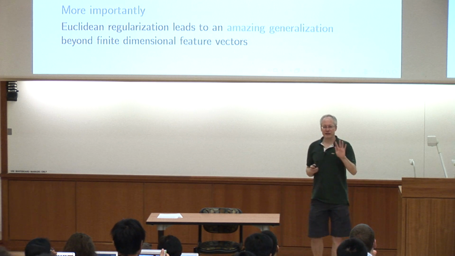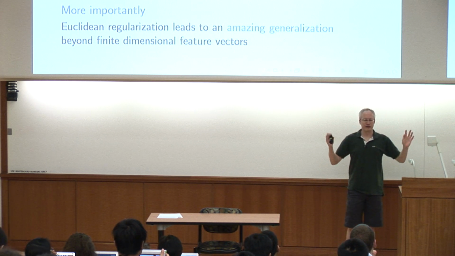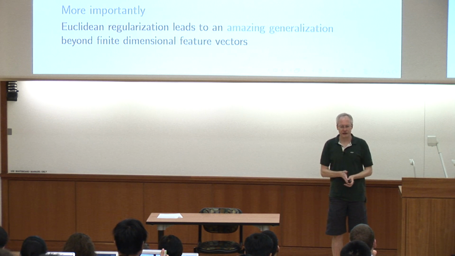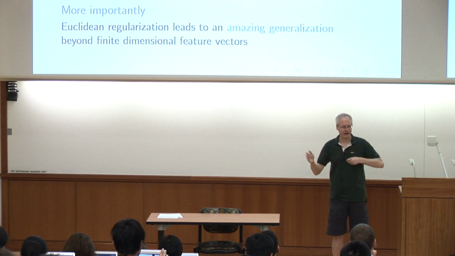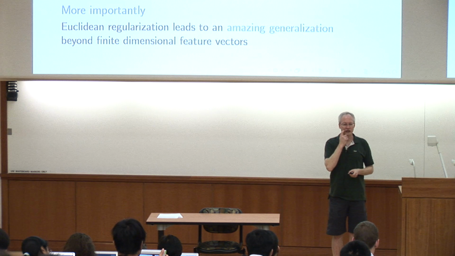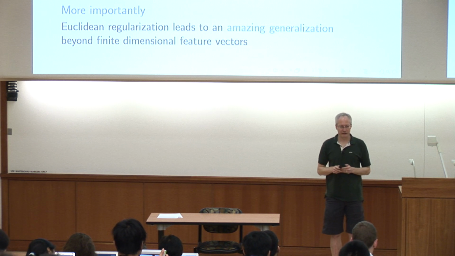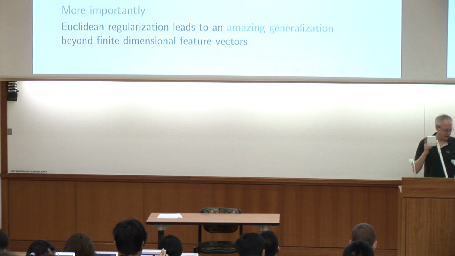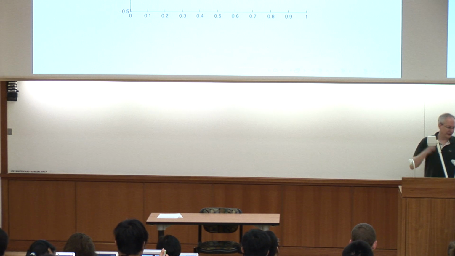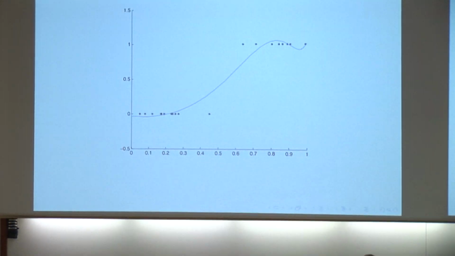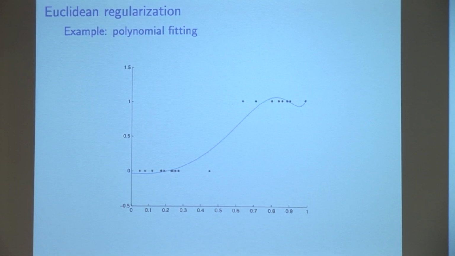Okay, so let me just take you through this. Now I think everyone's learned about kernels. 90% of you learned about them in the context of support vector machines, but it has nothing to do with support vector machines. When you think support vector machines, you're looking at this margin hinge loss thing. It has nothing to do with that. It's just that little Euclidean regularizer attached to it, okay? Kernels apply to everything as long as you have Euclidean regularization. I'm going to overemphasize this point, but I think it's an important misunderstanding to avoid. So I can add a Euclidean regularizer to my 19th degree polynomial, and if I tune the knob, I get it to kind of, well, not go crazy.